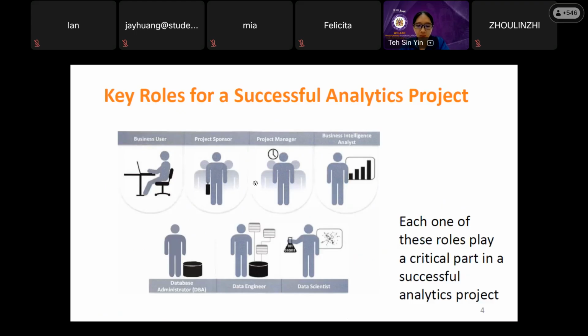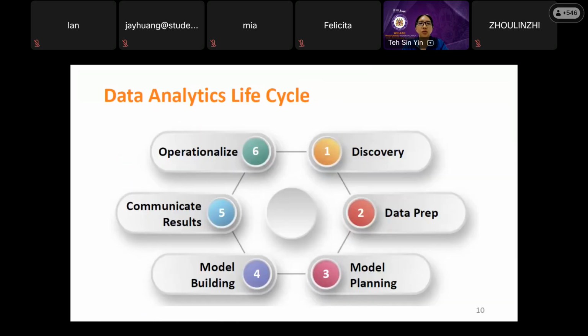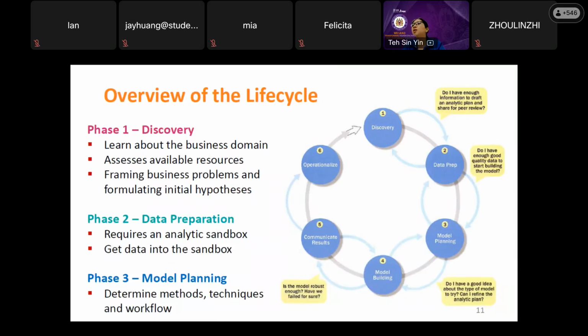All right, let me go back to this. I want to see the answers for the resources. Technology, yes. Data, yes. Money, of course, money is your resource. Time, usually we don't really say it is a resource. Tools, yes, tools are your resources. Zhenfei gave a very good answer: the human resources, the people.